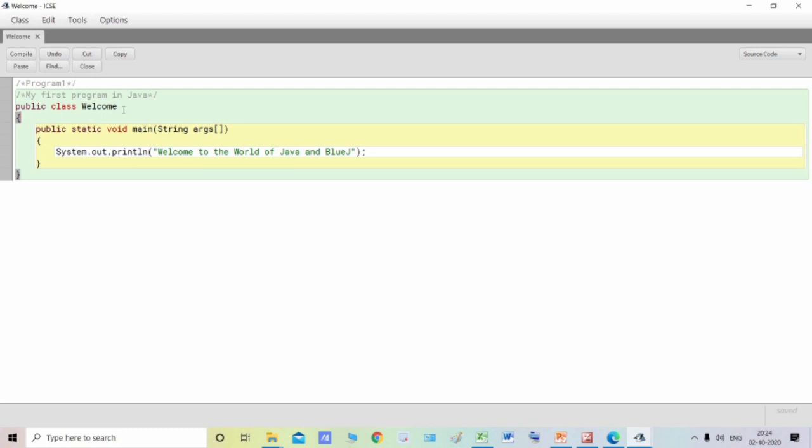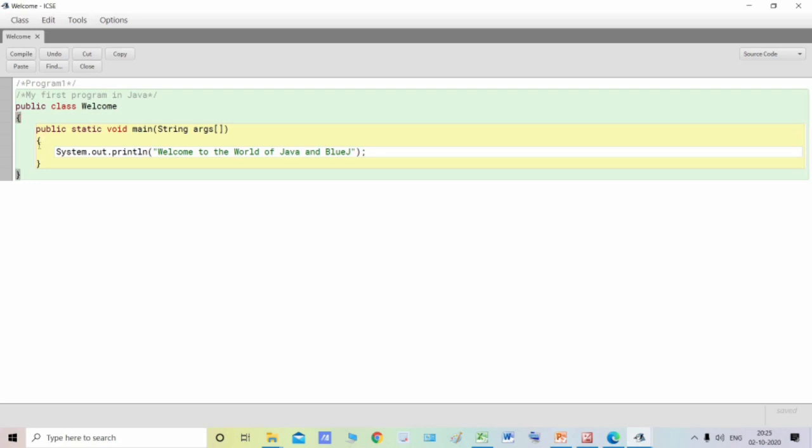And then after creating the class, in the next line you will come and you will open this curly brace. Now this curly brace is opening, on the other hand this one is closing. Okay, this one is the opening brace, this one is the closing brace, and these two come in pairs. So over here, by typing this curly brace, we are telling the Java virtual machine or JVM that we have opened this class. Okay, now everything is going to be written inside this class welcome.